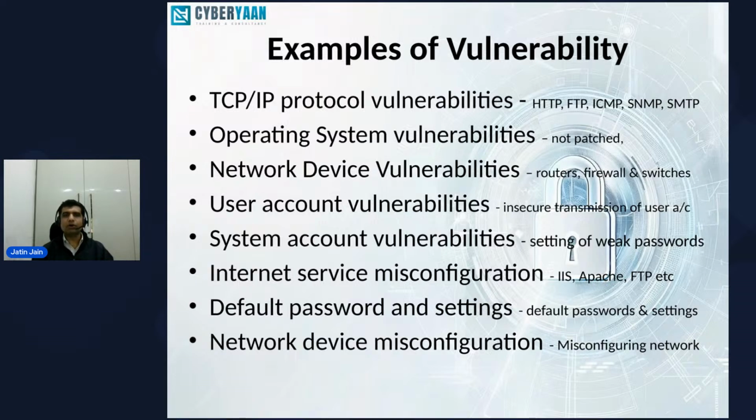Next, if I talk about operating systems, yes, the operating system contains vulnerabilities. Suppose the operating system is not patched, maybe there is a security issue. Then it would lead to exploiting that particular operating system, so it would also be termed a critical vulnerability. Then if I talk about network devices, be it routers, firewalls or switches,